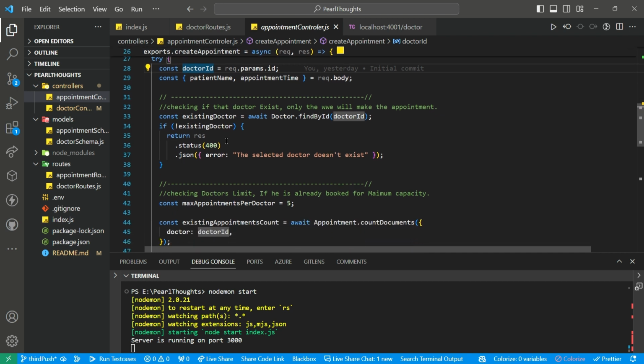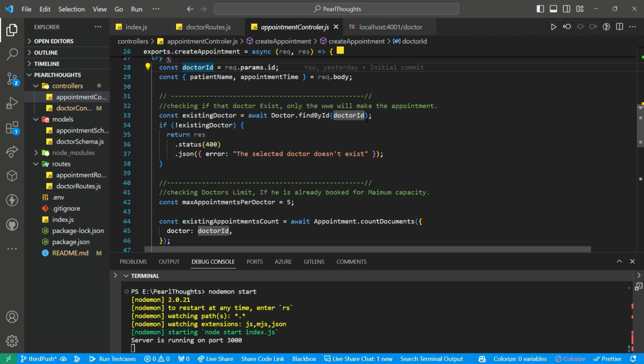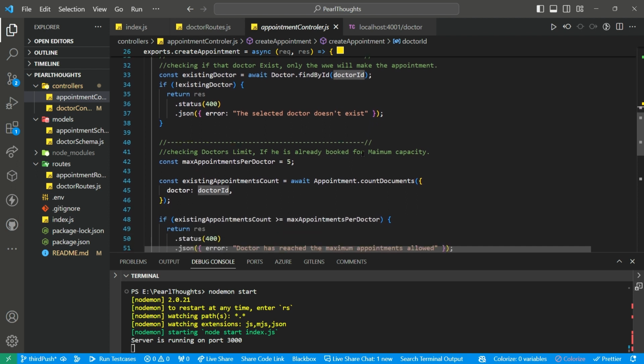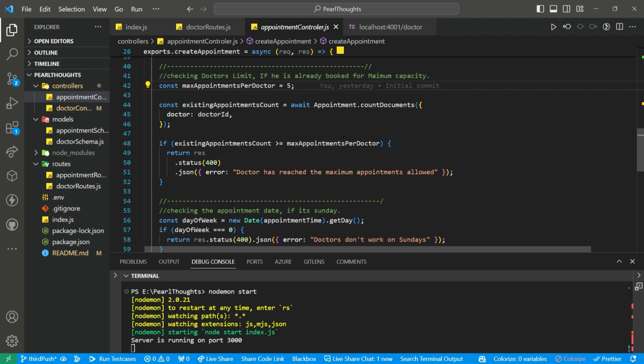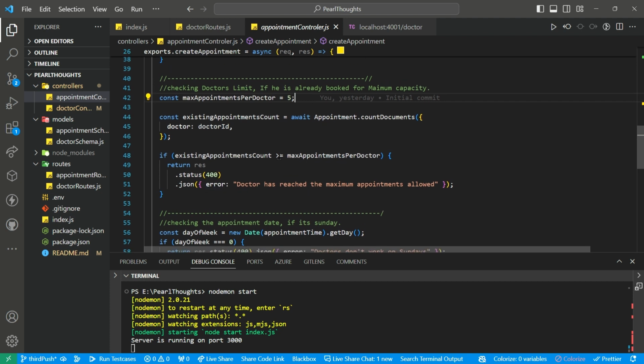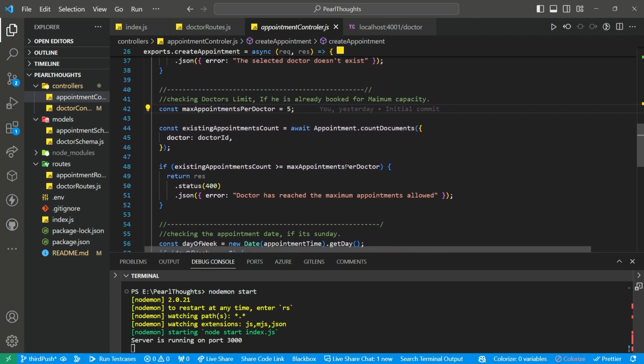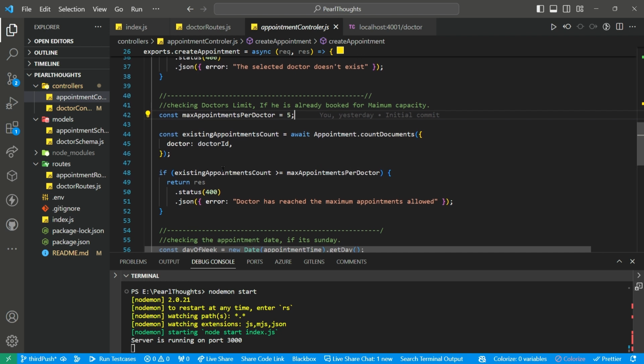And then it will do const, let's say existingDoctor. So if the doctor already exists, what it will do is say, if it does not exist, that the selected doctor doesn't exist. For the time being I have set the maximum appointments a doctor can take to 5. So if it is existing, what it will do is